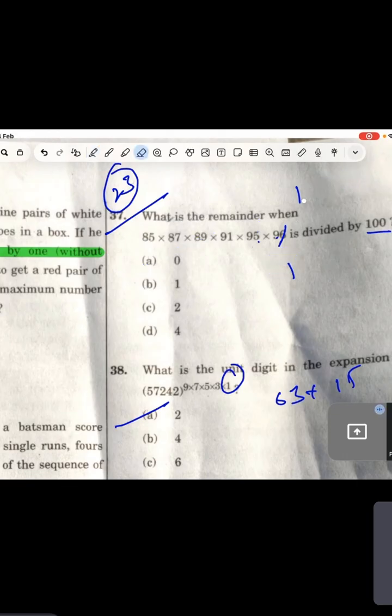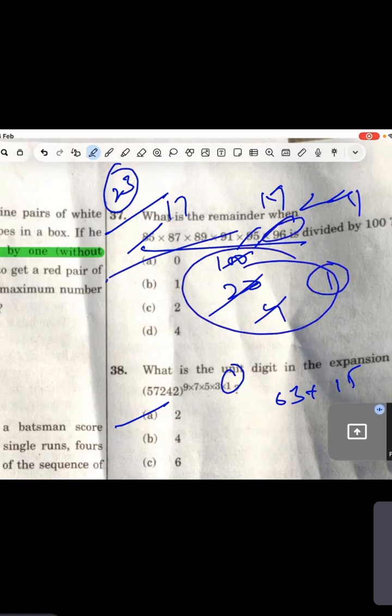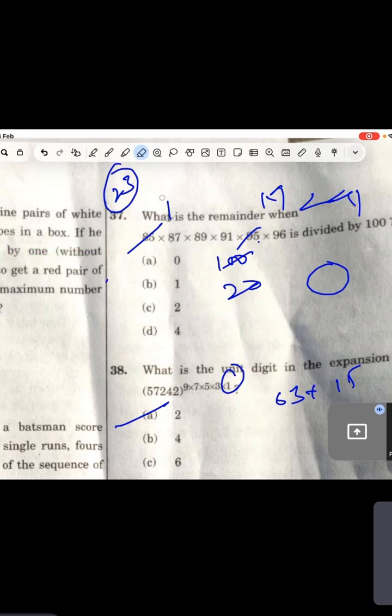Now let's try another method. Guys, the question is saying divide by 100. Okay, no problem. So you divide by 5. So here 17 fives are 85 and 20 fives are 100, right? Then 19 fives are 95 and 4 fives are 20. Then 4 and 24 is 96. So here the remainder is only one. So it means not remainder but only divisor. So only the zero. So guys, there are two methods to solve this question. That's what you do actually.